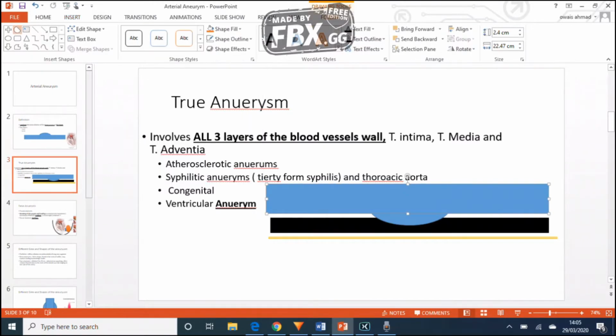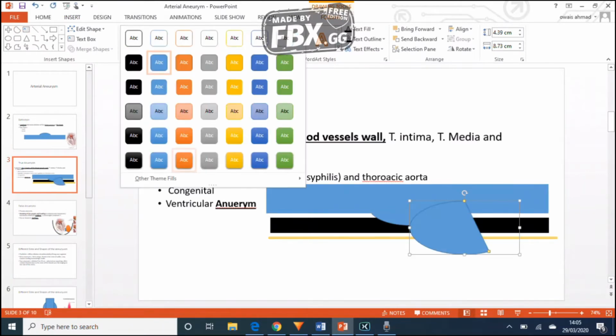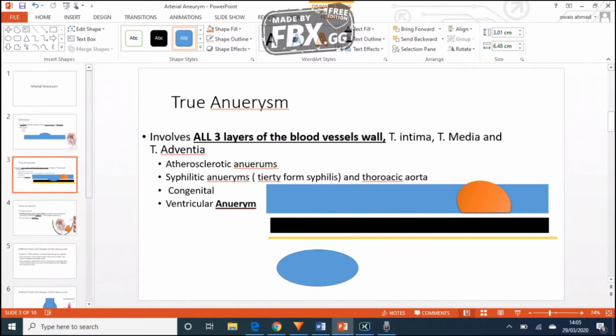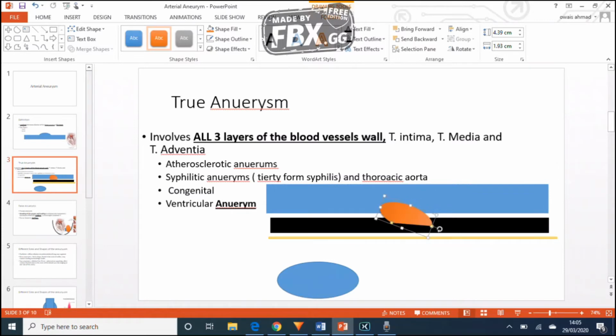And then there's going to be a sac aneurysm. Sac aneurysm basically means a sac. It can be on one side only. So as we were mentioning over here, I would totally delete that, and then I would add what is a sac aneurysm. I would just make it somewhat like this, and then obviously two for better explanation. This is the aneurysm, just on one side. It's a true aneurysm, just on one side. And it's going to be 5 to 20 centimeters. Spherical outpouching, contains thrombi due to stasis of the blood, and the sac is going to be bulging on one side of the artery. Like I said previously, one side of the artery.